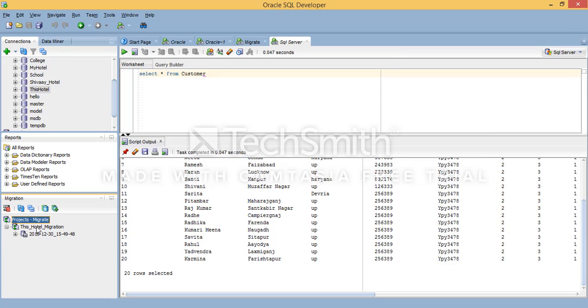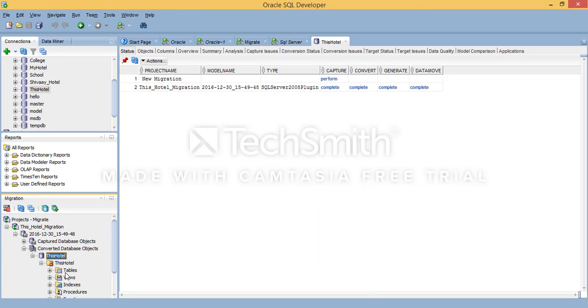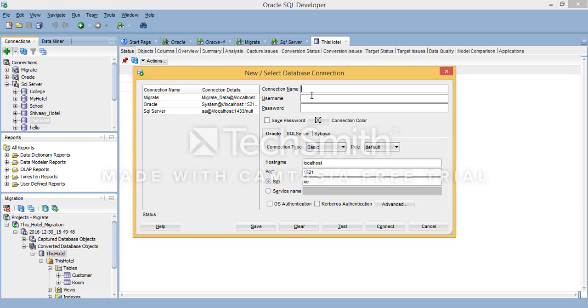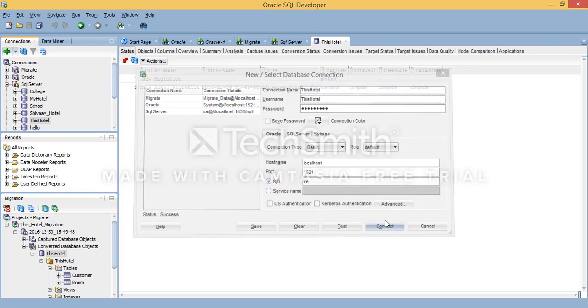click this hotel migration. You can see captured database objects, means this is your source and this is your target. Now click this hotel and this hotel and here customer. Let's try to connect directly to this schema. So this hotel, test, success, connect.